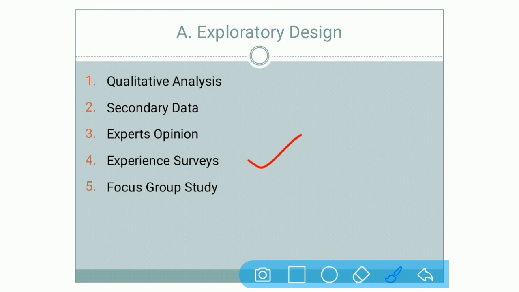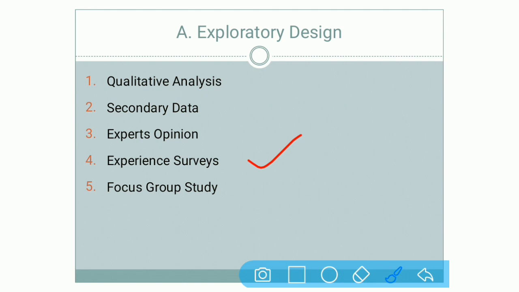Now you have to ask the students who are regular in the class and those who are irregular in the class. After taking their views, you have to use those particular details in the study. That is known as experience survey.